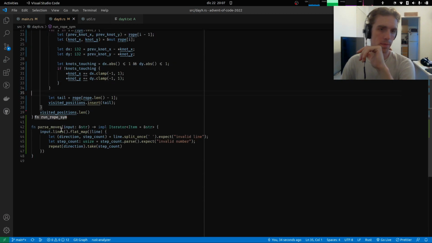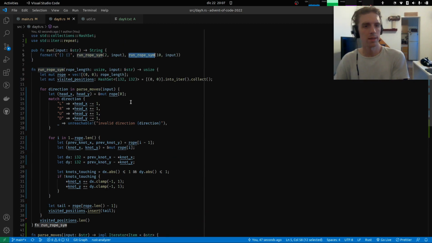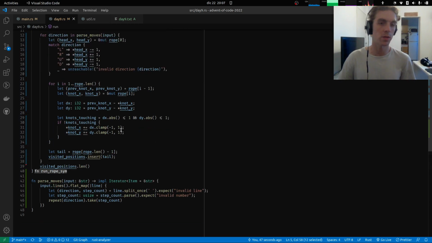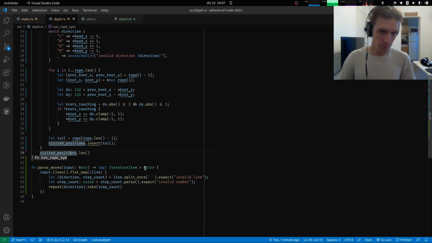So we are doing the parsing twice here because we are running the simulation twice, but I think it's not necessary to worry about this kind of performance minutia yet. If I really cared about that, I should profile the thing and see if it makes any difference to do the parsing only once. But for now,